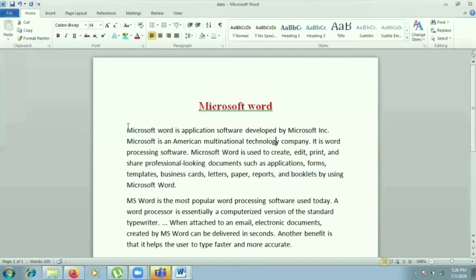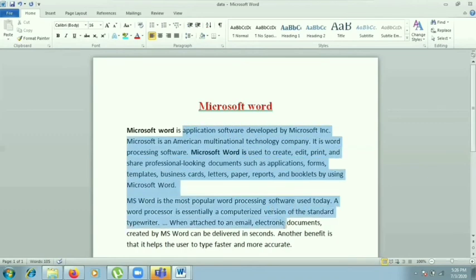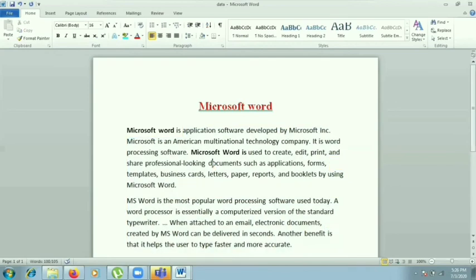But what will you do? Firstly, you will select that area. Then if you want to bold it, you will just bold it. Again, if you select another area, then again bold it. No, I don't want to do the same task again and again. So there is one method to select the text at different places. See, if I select like that, it is selecting in sequence. But I want to select areas that are at different places. So what will you do?